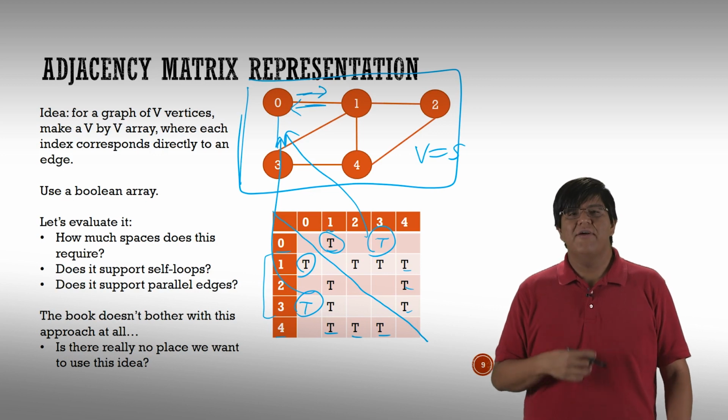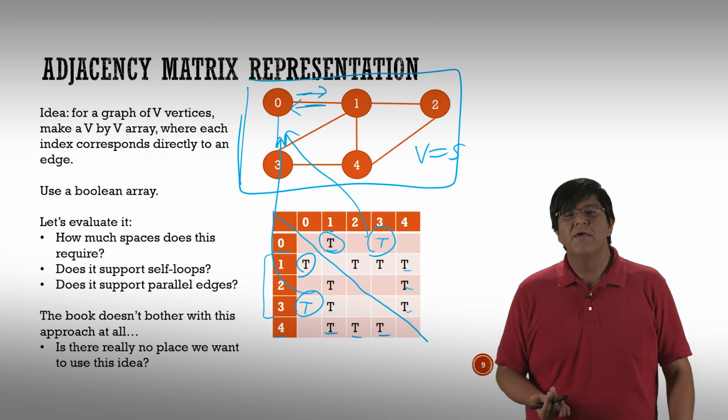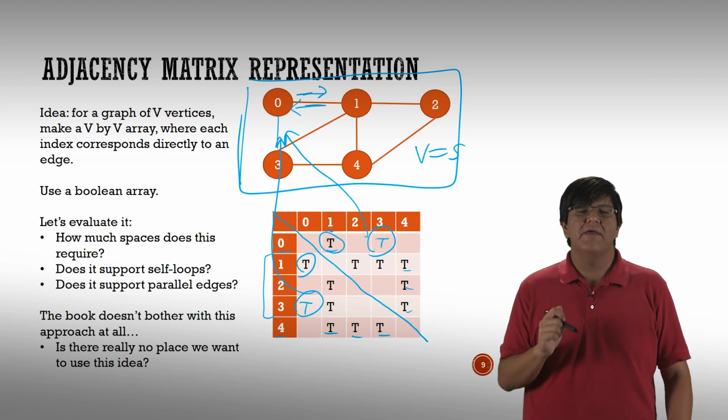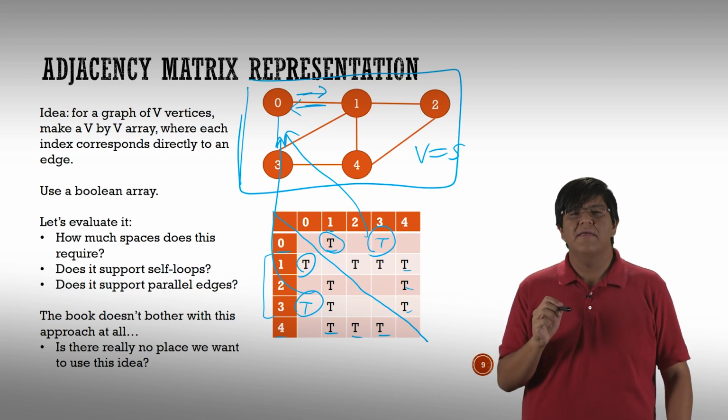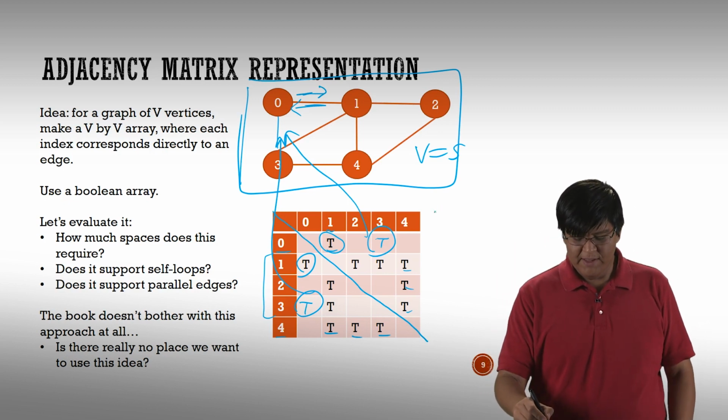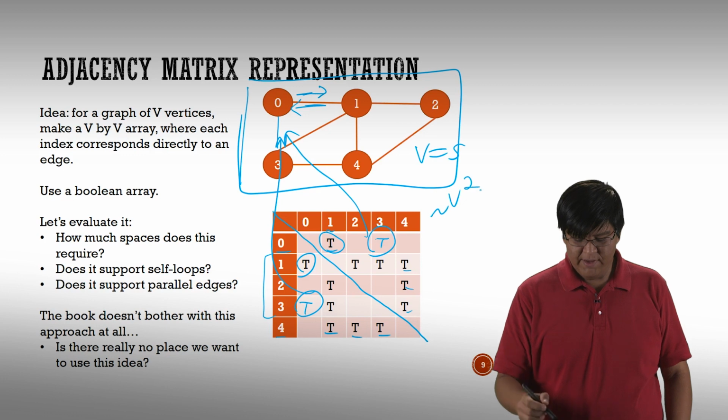So let's think about it and try to figure out how performant it is. The first question we're going to ask is, of course, how much space does it take? So what do you think? How much space does this take? Well, here it's going to take v squared. The amount of space is basically going to be tilde v squared, because that's the size of the matrix,